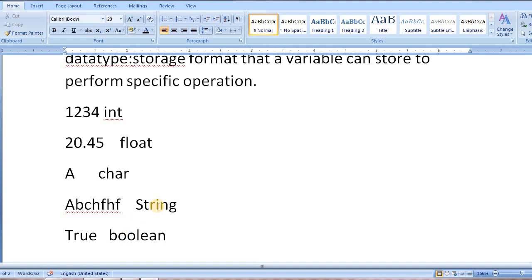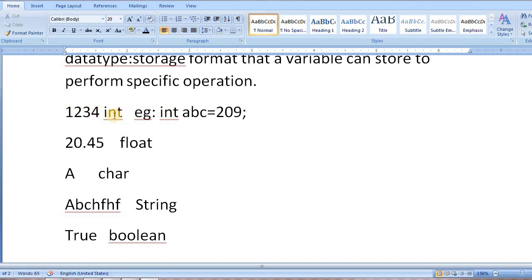Now it's clear, data type is a storage format. So if the user wants to store the numeric value, then our data type is int, a b c, means variable name, equal to 20 and semicolon.